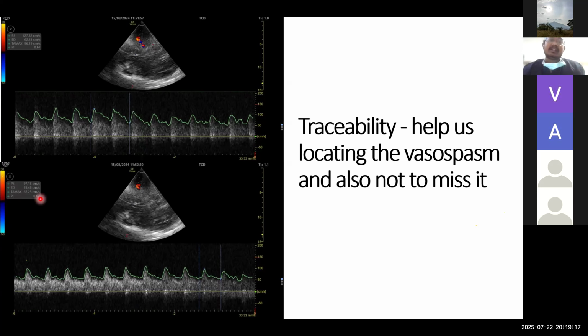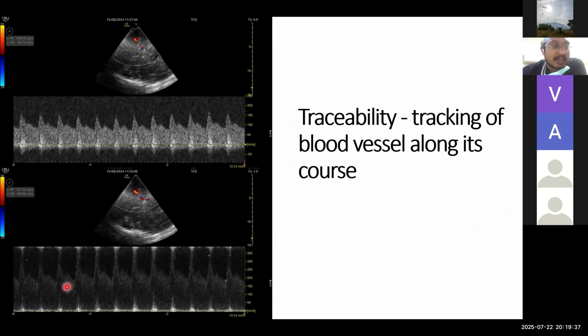So this example tells you that most often vasospasm is a focal phenomenon. And why is it important to locate vasospasm through traceability? You can notice that in vasospasm, peak systolic velocities increase, end diastolic velocities increase, so mean flow velocities also increase, and